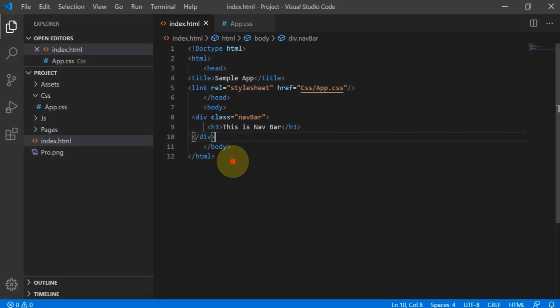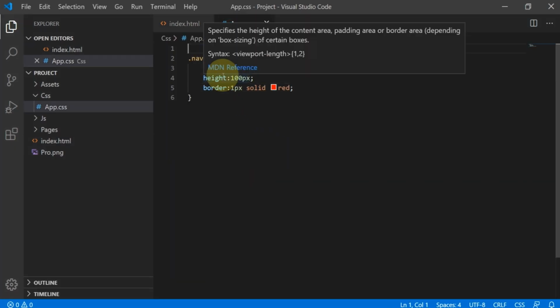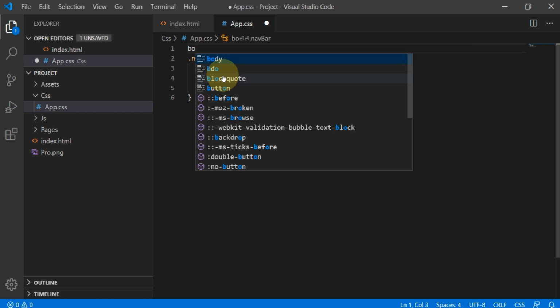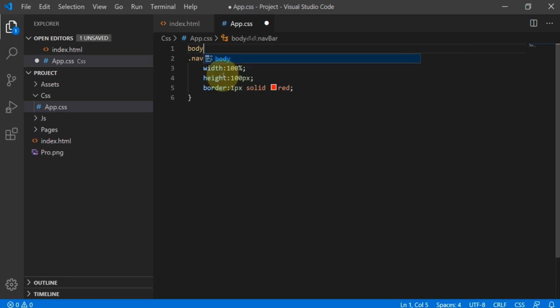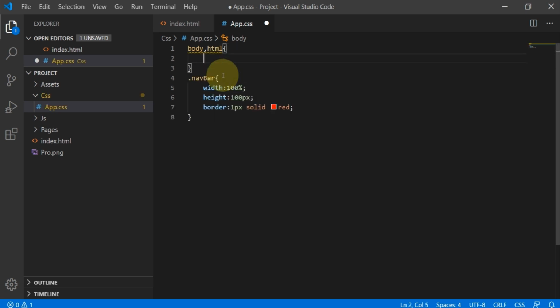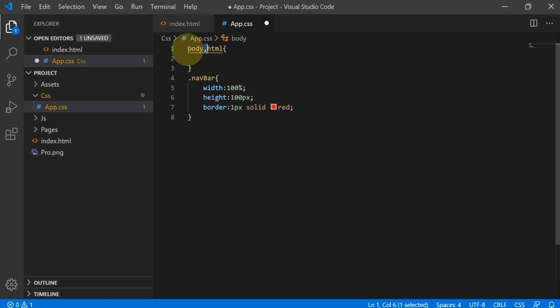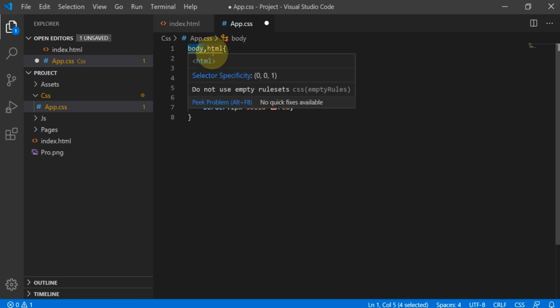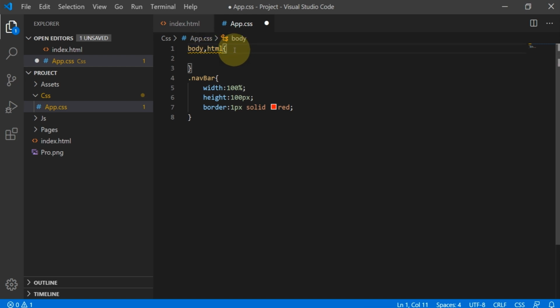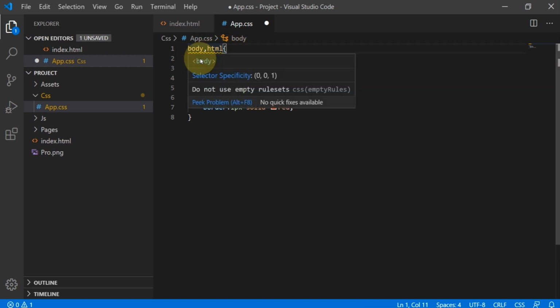As of now we have an issue: this element has some spaces before the start. How do we fix that? For that, body, comma, html. These body and html are tag selectors. If I mention a comma, it will combine them; we can apply the same styles to multiple elements separated with a comma.